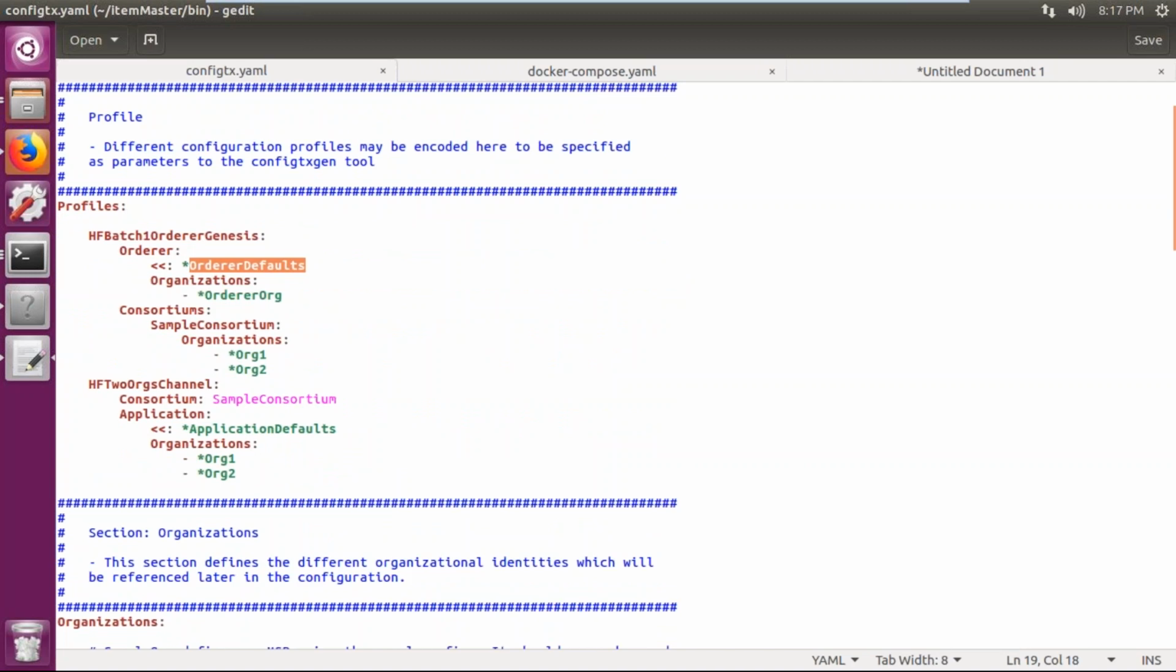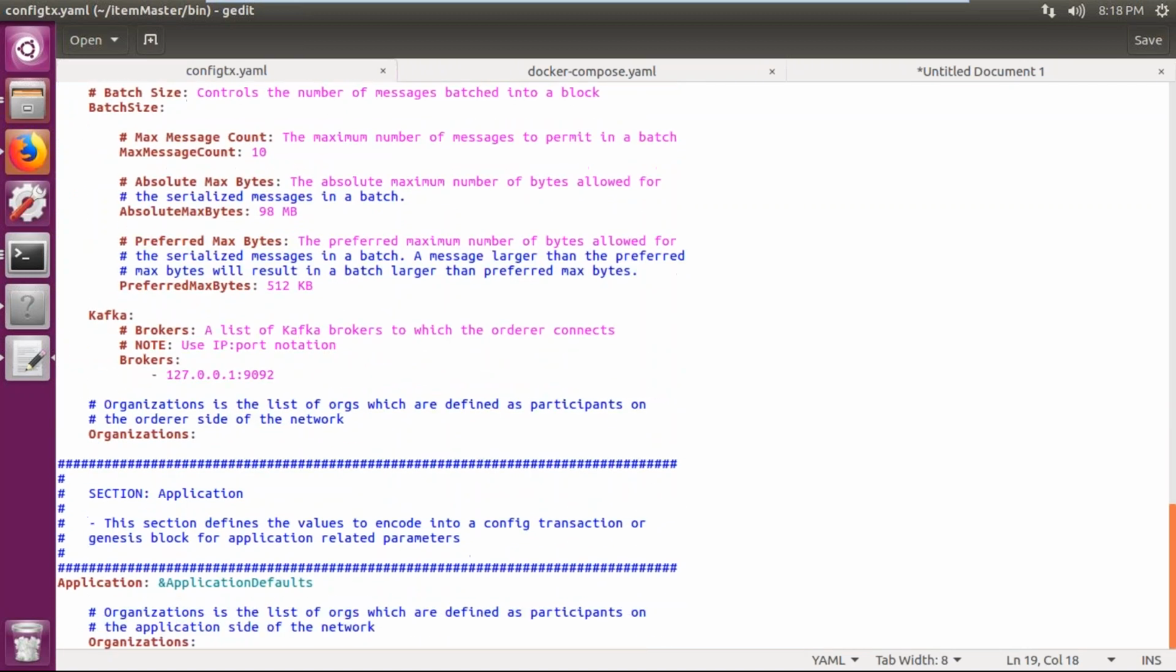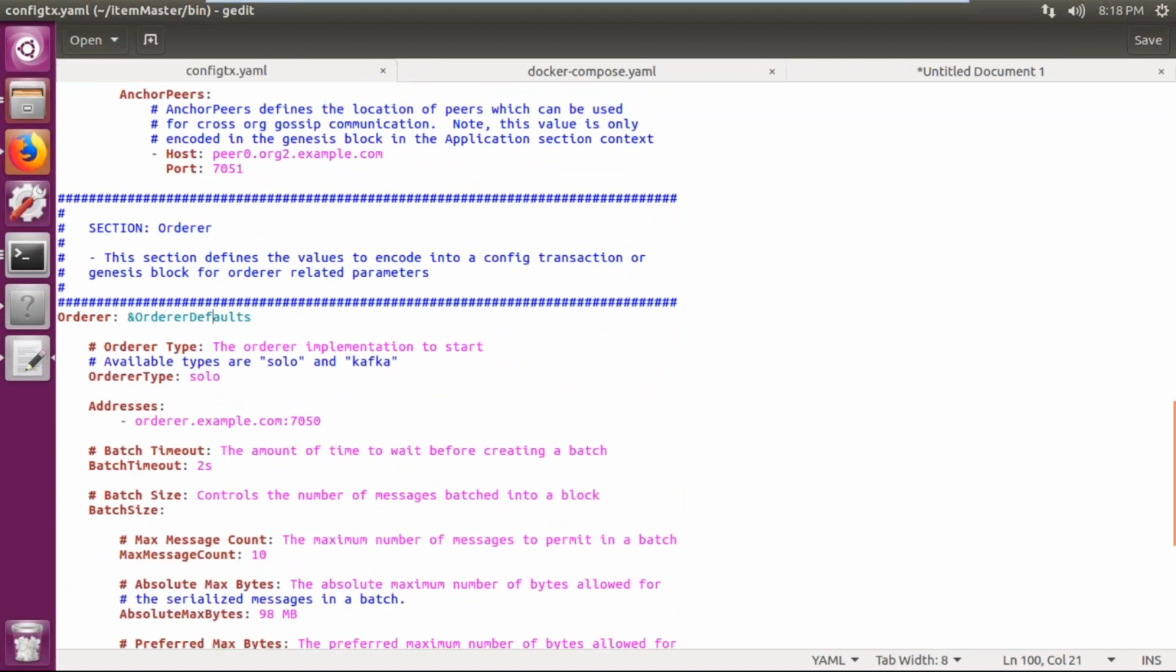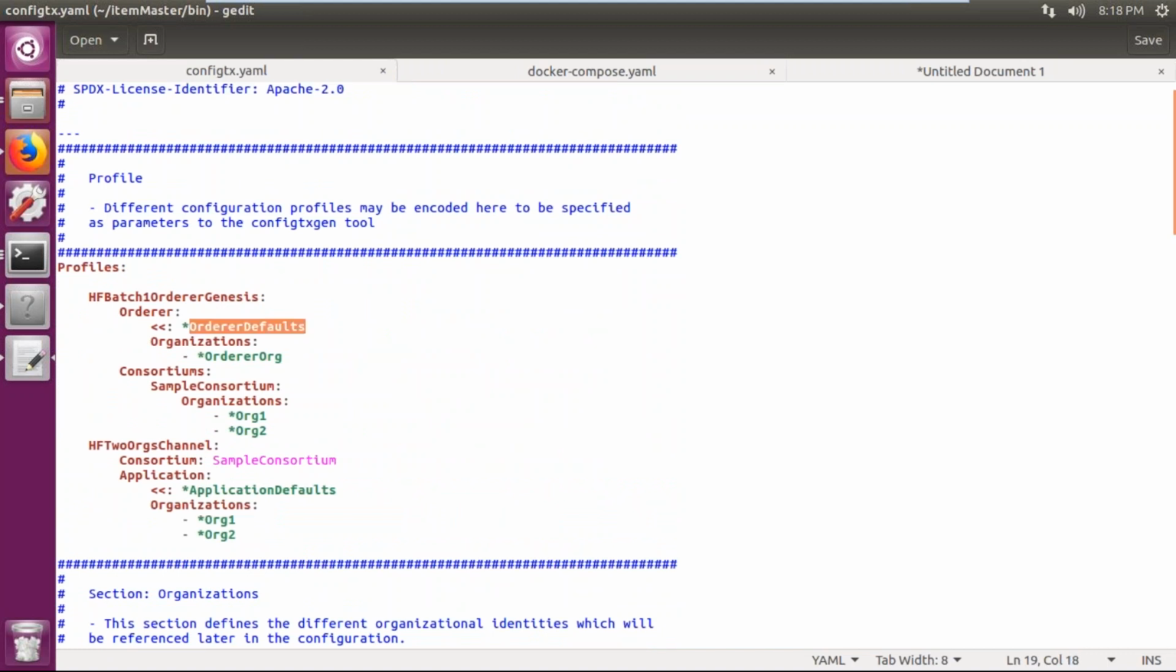And this is just a name, right? So whatever name you will use here, you have to use the same name here. Okay, then you have organization. Again, you can see that, and because this is about the orderer, this organization information is for the orderer. Okay, again you can see here this is pointing to something else